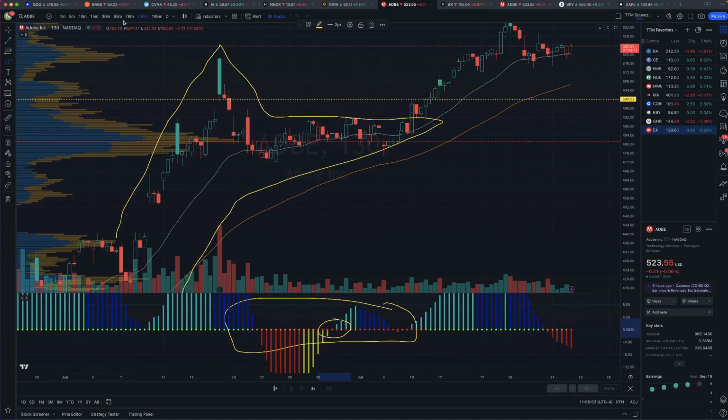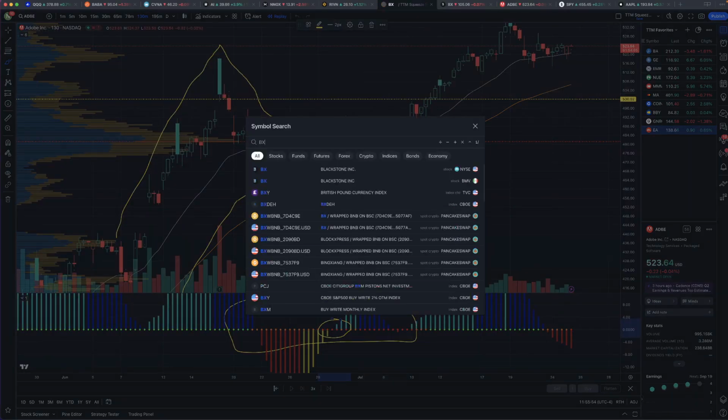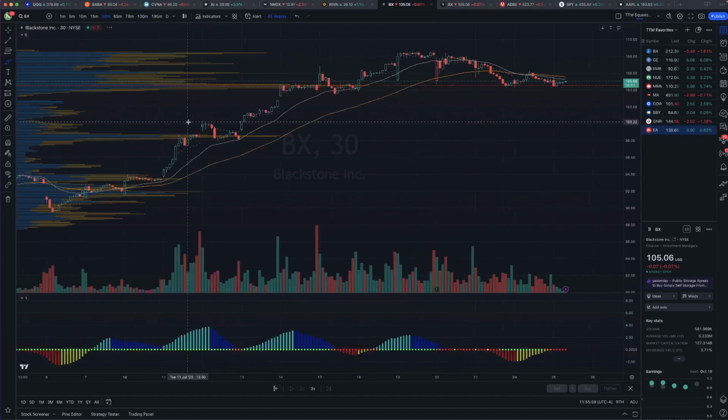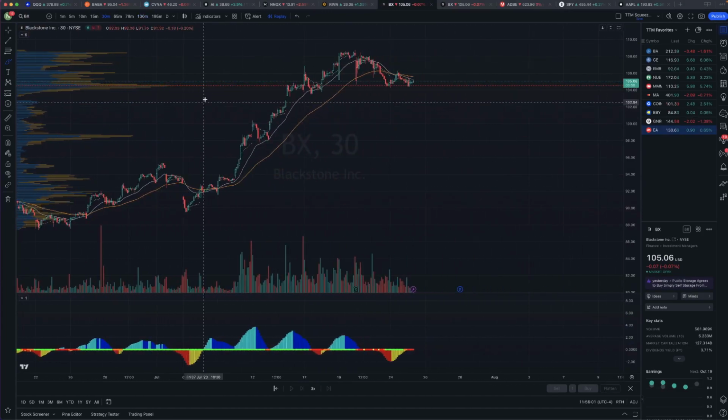Okay. So back to BX on the 30-minute. It's not the best chart, but if we're going to mark this up, right, this is our point of control. This is a really great risk-reward spot. I would even put a stop slightly below that. You could play that for a move back up into this high up here, right? So for now, if you like that,